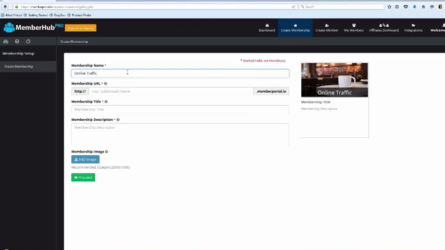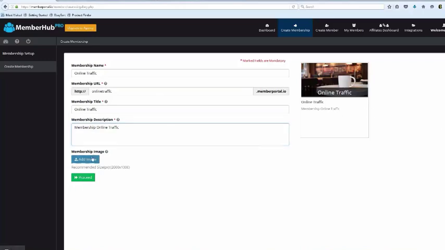Okay, see, the idea is he's creating a membership that has to do with traffic. And then inside the membership, he's going to have all of his products that are related to traffic. That's the best way to do it, okay? So I'm just going to go ahead and take this title here. I'm going to paste it there, and then I would go ahead and paste in a good description, and I'll tell you why, okay? Whenever you see this little box over here, guys, we're doing something magic, and we're working in the back end to get you sales. So whenever you see this, you want this to look good, and you want it to be very detailed, because this is the determining factor if somebody's going to actually buy your product, okay?